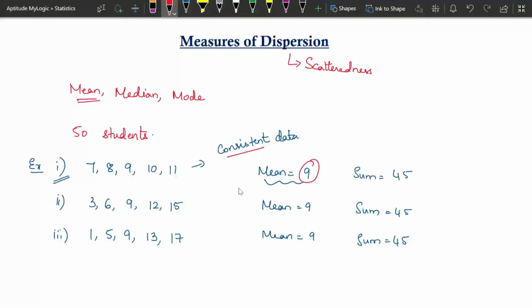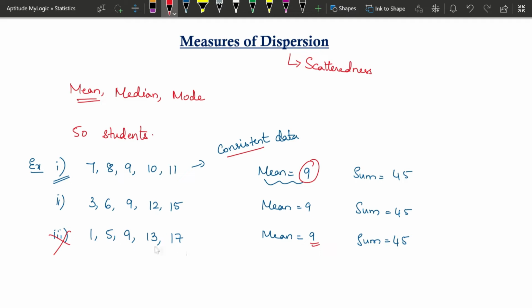If the values are very far away with reference to this central value, then we say that the data is inconsistent. So we cannot take any strong decisions based on such data. So we will not consider such data for either our research purpose or any other analysis, or say any business decision, major decision making situations. If we have, we will not choose this type of data, because we cannot come to a conclusion with this